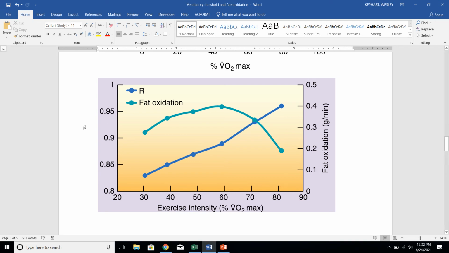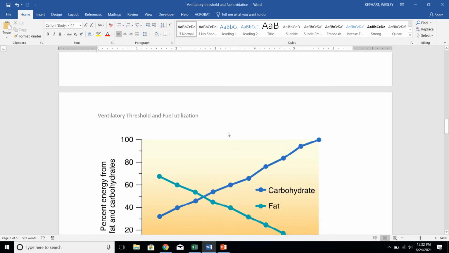So, here we have, say, over here, I believe, yeah, this is our respiratory exchange ratio going from 0.8 to 1, sorry. And then it's relatively low here, and our fat oxidation is pretty high. And here our fat max is actually closer to a 0.9 respiratory exchange ratio, which,